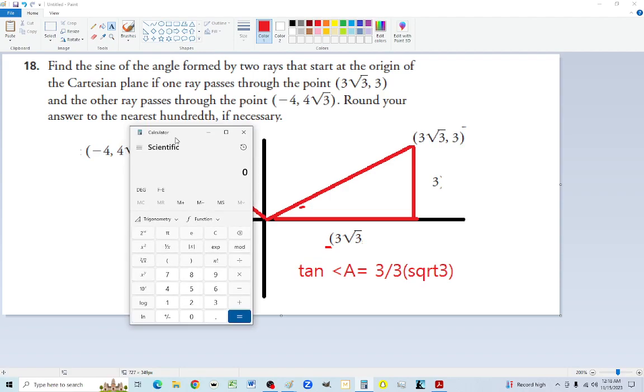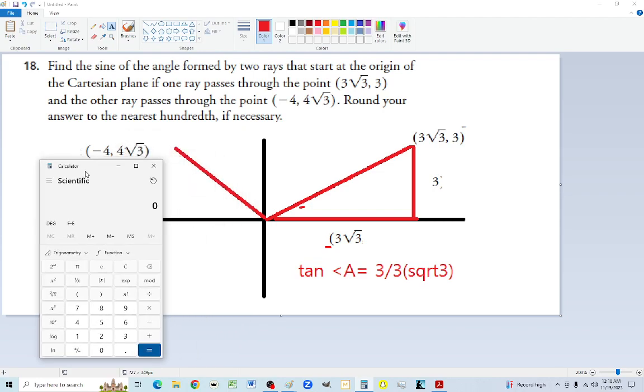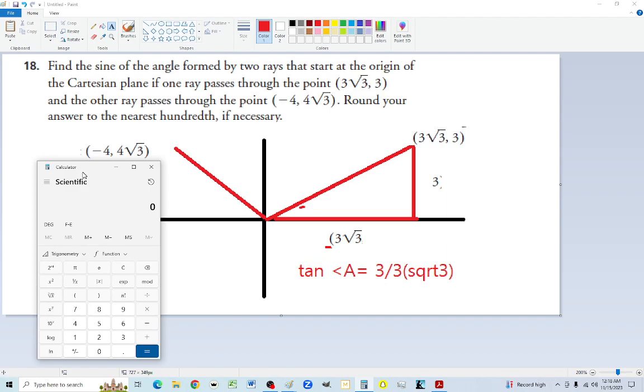I'll find the sine of the angle formed by the two rays that start at the origin. Find the sine of the angle formed by two rays that start at origin. One passes through this point, the other passes through that point. Okay, well,